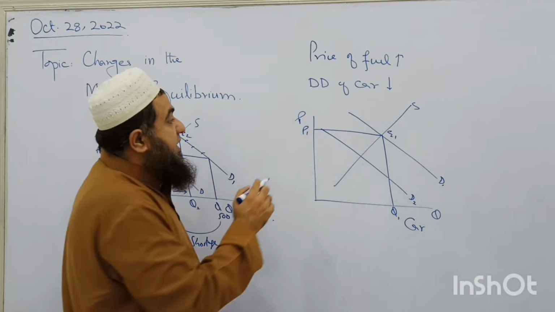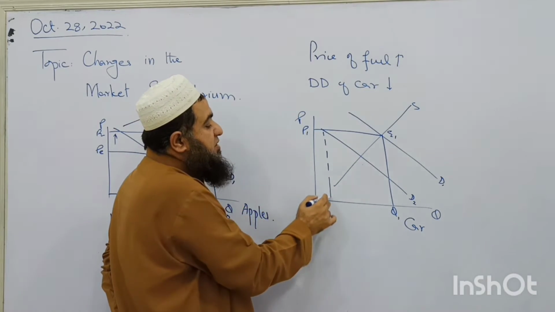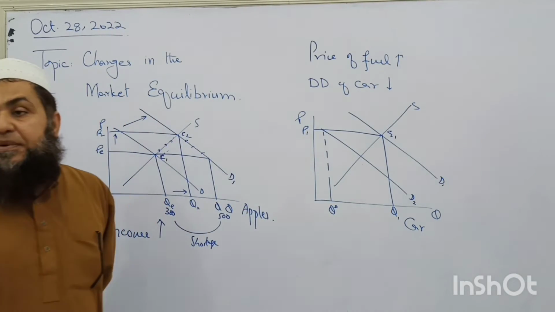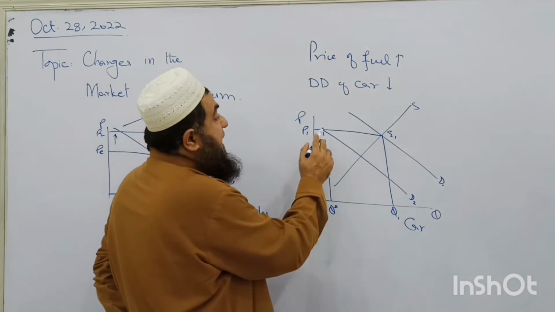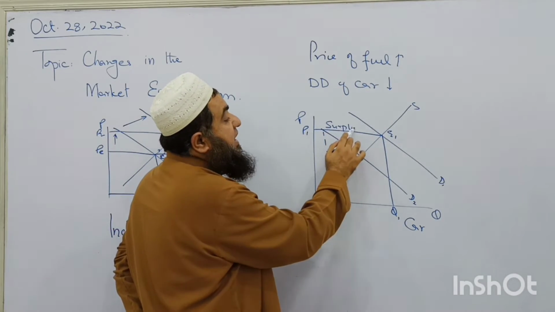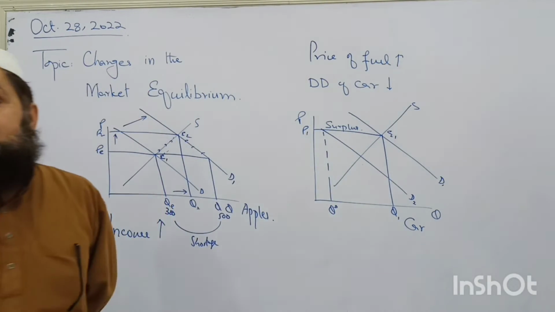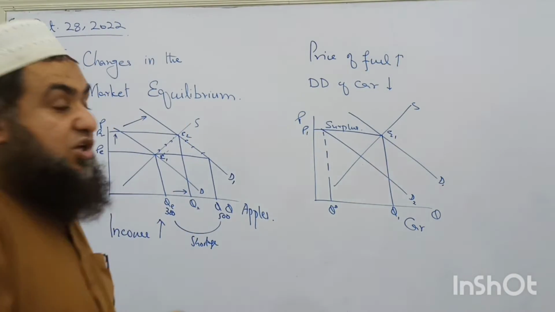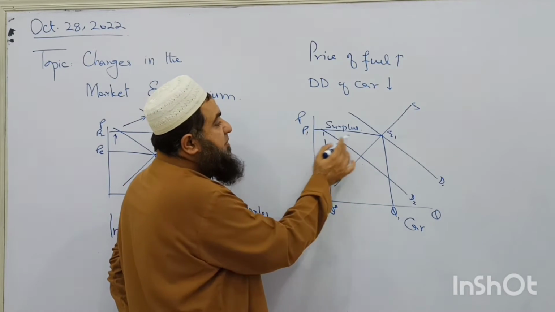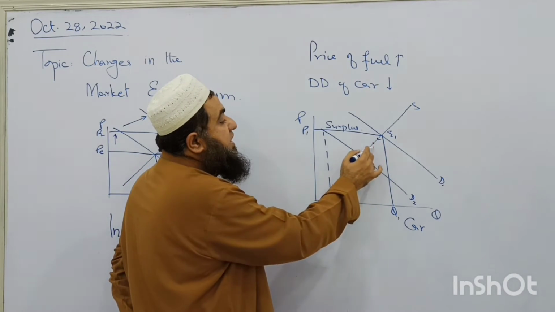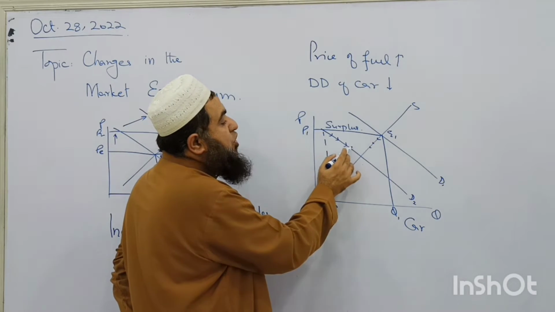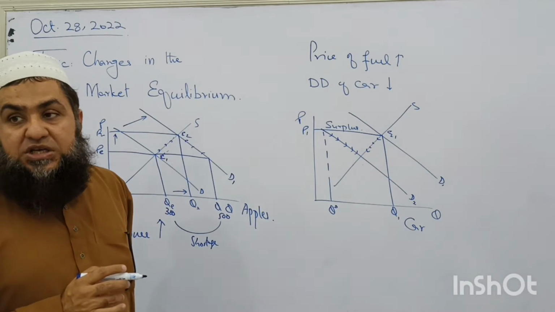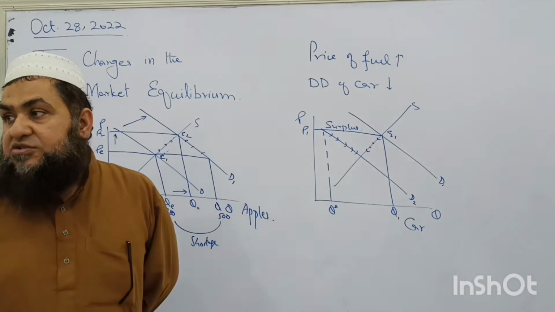Clear? Now see over here, at the previous price, there is now less demand for cars than they are supplied. Why does the price go down? Because at the previous price level, the sellers have unsold cars. They are unable to sell at this higher price. Clear? So this surplus is causing the producers to decrease the price, which will attract more buyers in the market. And movement along the curves will start when they are offering a lower price to the buyers.